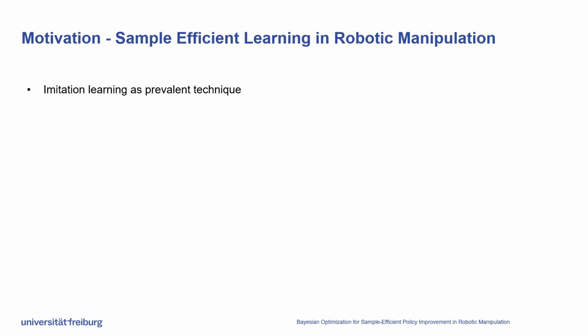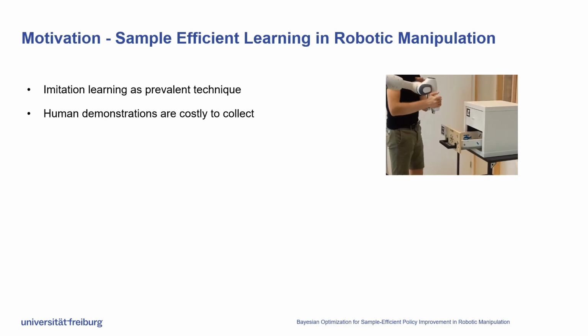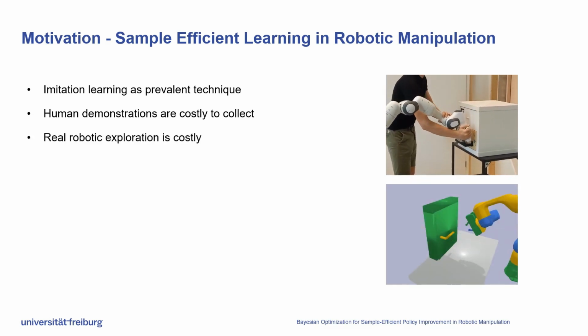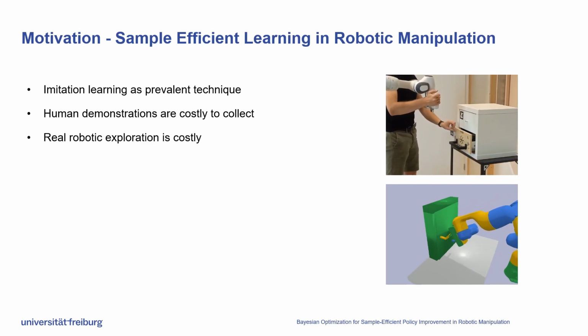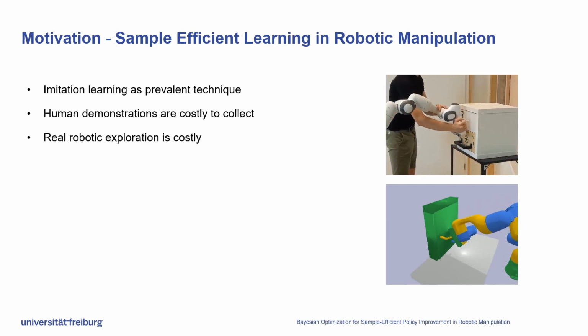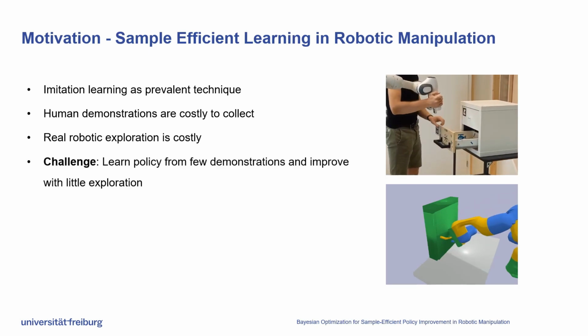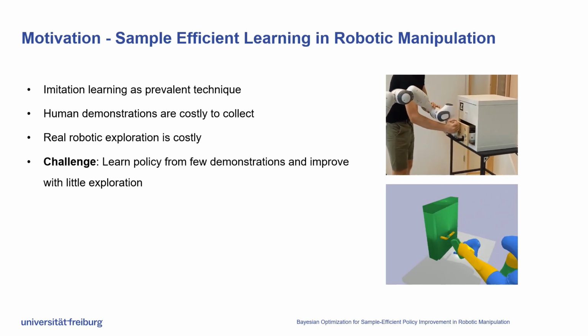While imitation learning does improve robotic performance, it also relies on a dataset of human demonstrations, which are costly to collect. In addition, the initial policy typically requires improvement, which means running it on a robot and collecting feedback from the environment. Especially with a real robotic system, this implies an additional massive time commitment. Thus, the challenge of imitation learning is to initialize from as few demonstrations and improve with as few additional exploration